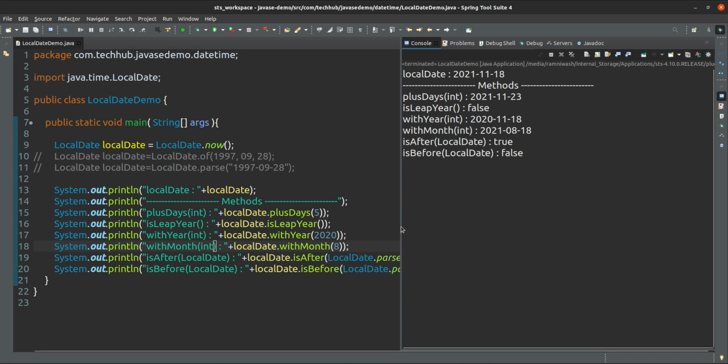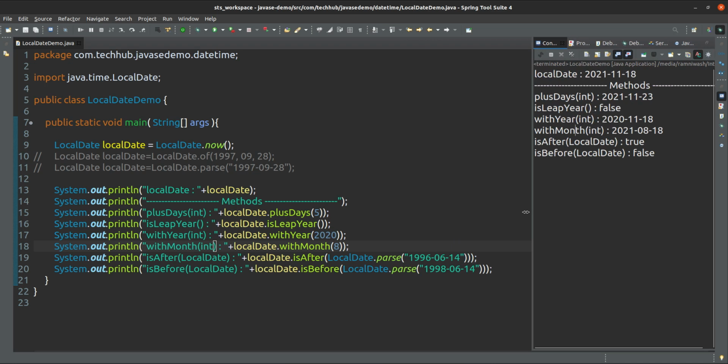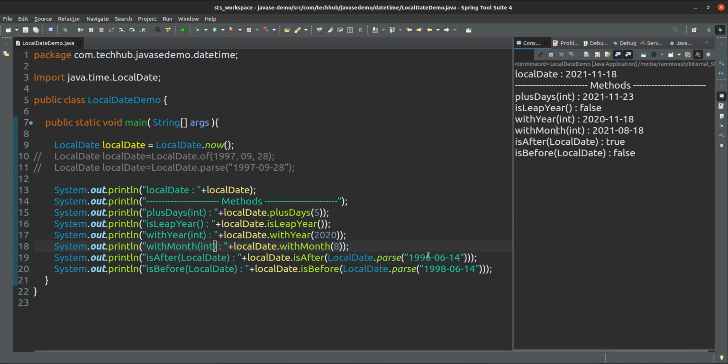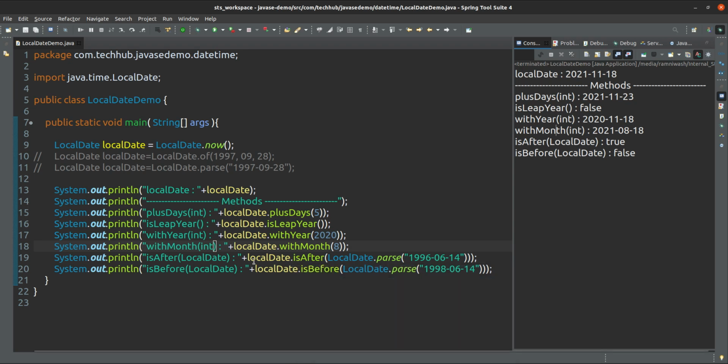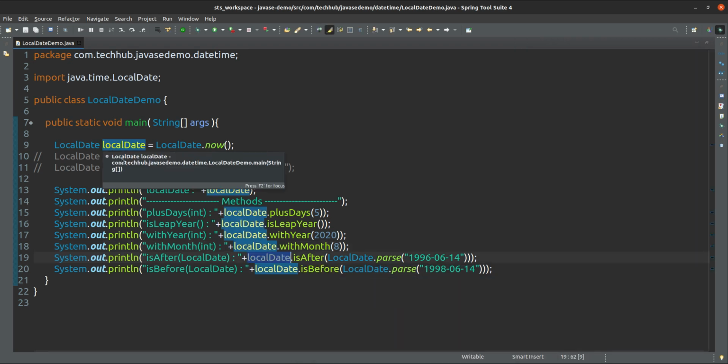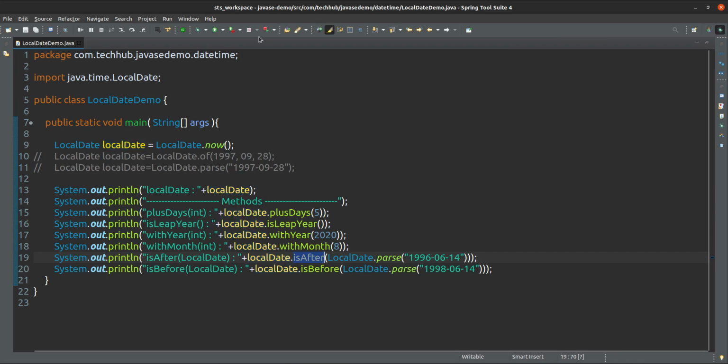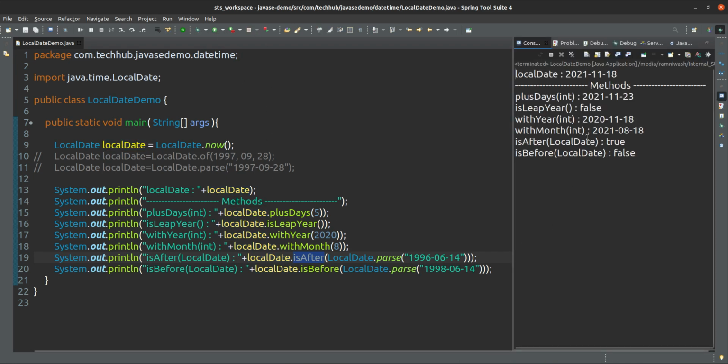Is after, suppose you see is after, I have given another local date, 14/6/1996. Now this local date is pointing to the current system date, so that is after, obviously, so that's why it's true.